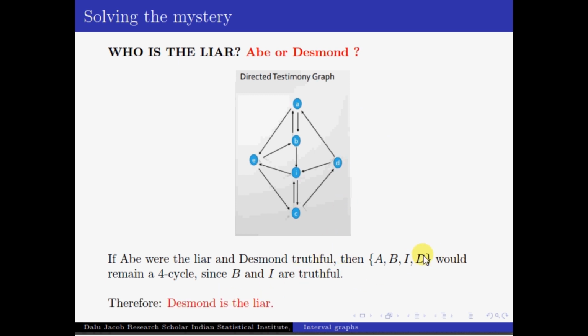So using the forbidden structure characterization for the interval graph, we could solve this mystery, right? It's actually one such very simple application of interval graphs that you can see. At a higher level, there are innumerable applications of interval graphs, even in daily life: DNA structure, archaeology, file scheduling, and several other scheduling problems. These are not the only applications of the interval graph, there are many. You can see more in the references.